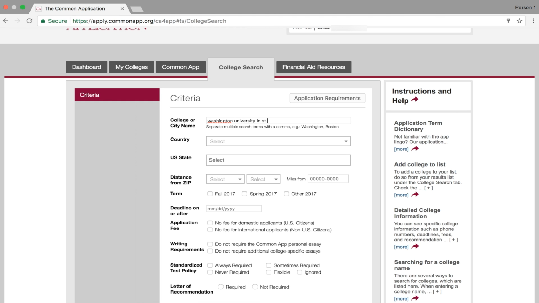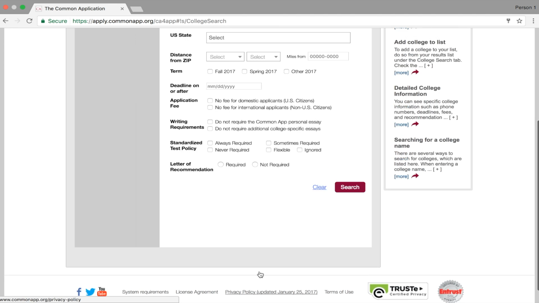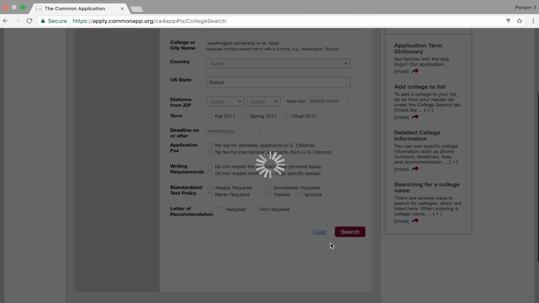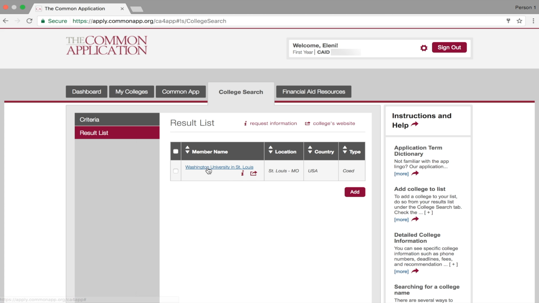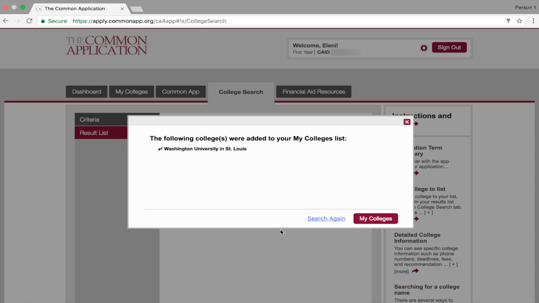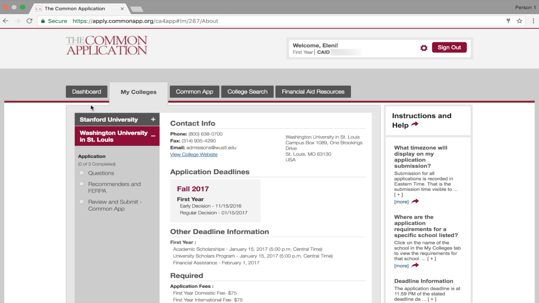in St. Louis, because that's one of the schools I actually did apply to. You really don't need to fill out anything else if you have the full name. And there you go, there it is. So you can check it off, add to your college list. You can go to my colleges, and there you see Stanford and Westall. Okay, so